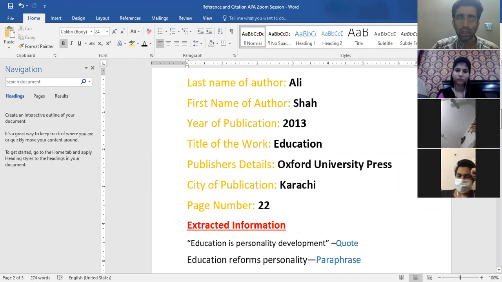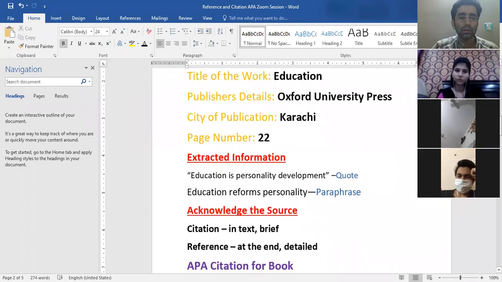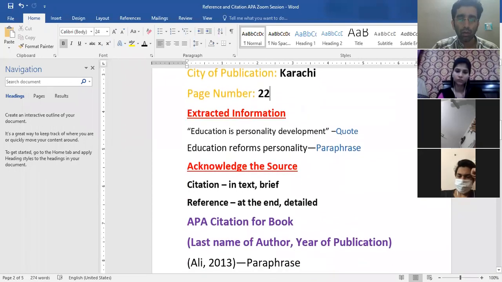So once you have noted that information down, you will obviously need it because you are taking some information from that book. Say for example, from that book, you have taken this line. There are two ways to incorporate information, either through quotation or through paraphrase. So